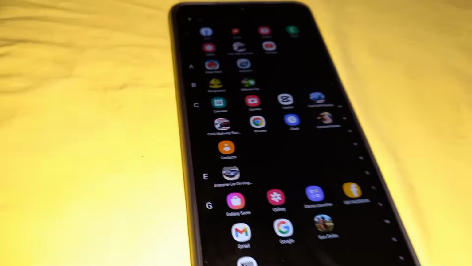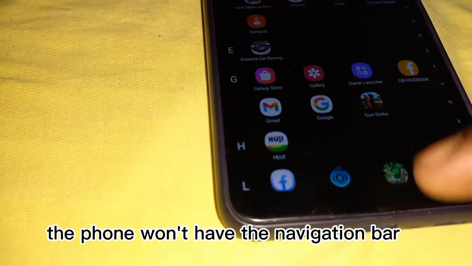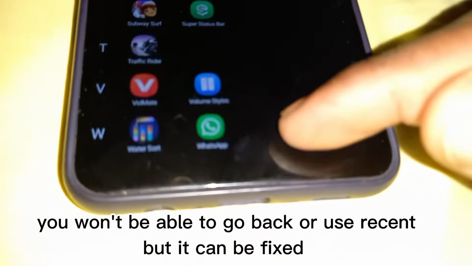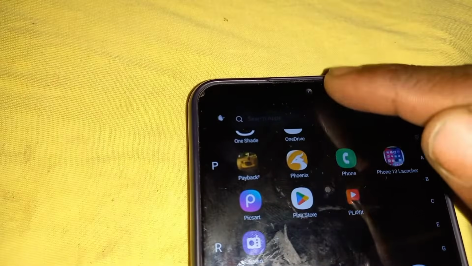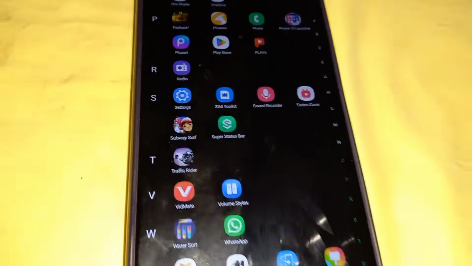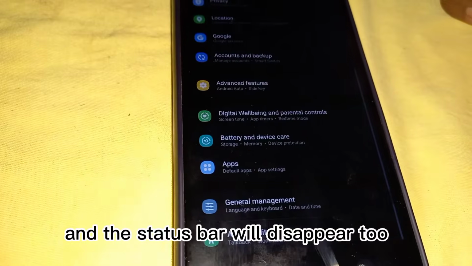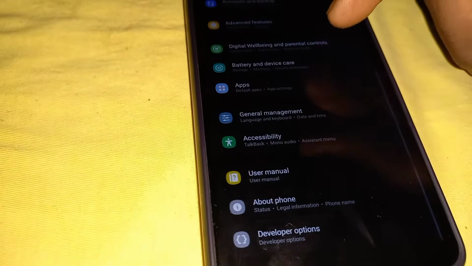Okay, now your phone won't have the navigation bar. You won't be able to go back. It will disappear permanently. The control center will not work. It will disappear also, and also the status bar, the one where you see how much battery percentage you have,